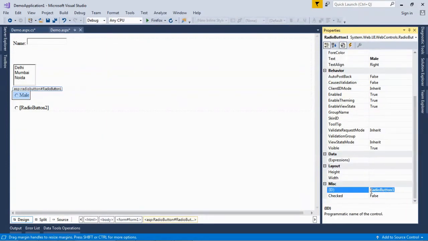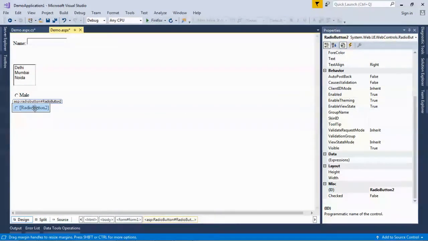In ID, the default ID is RadioButton1, and for the second radio button, the default ID is RadioButton2, which I talked about before in the case of list box. It will happen for all the controls. If there is more than one of the same control on a page, it will react the same, like RadioButton1, RadioButton2, RadioButton3, and so on.